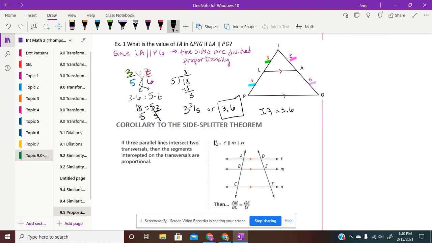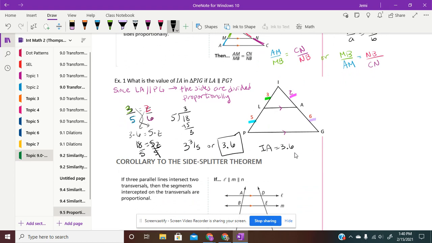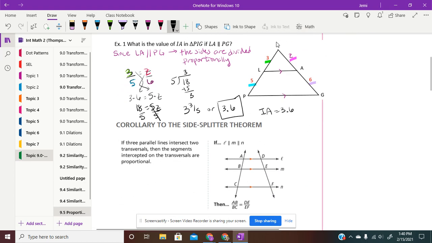Now, this is a corollary to what they call the side splitter theorem. So this is basically these sides that get split proportionally. Now let's consider that instead of having a vertex and then 2 parallel lines, I have 3 parallel lines. And I'm still going to have a similar situation here. What it says is that if I have 3 parallel lines that intersect 2 transversals, so my transversals are going to be these lines that are more vertical, then the segments intercepted on the transversals are proportional. Okay, so we're going to end up with the same situation here where I've got